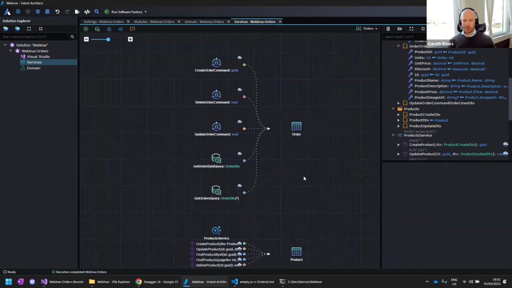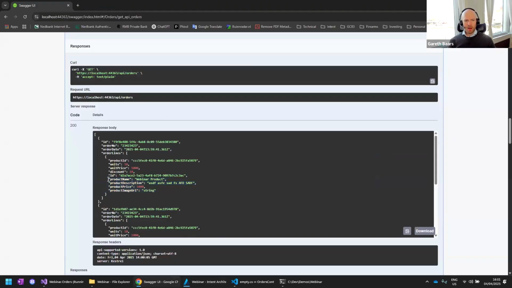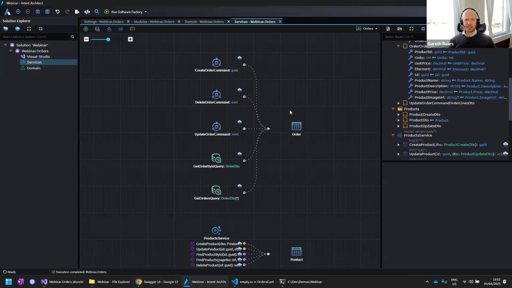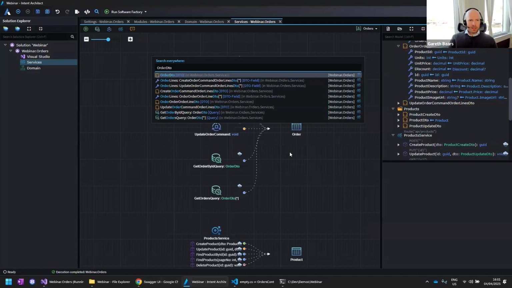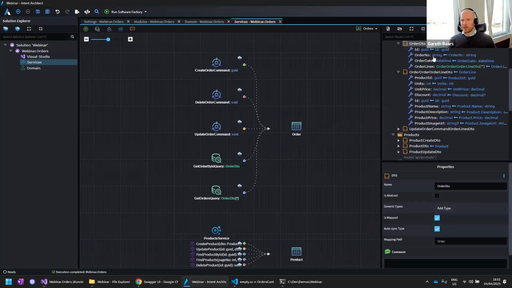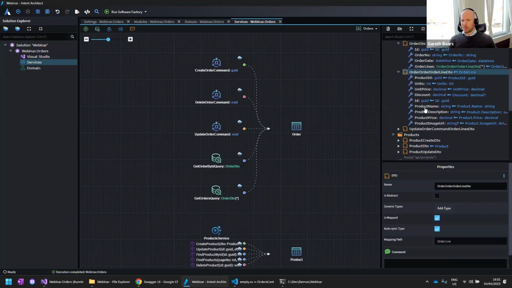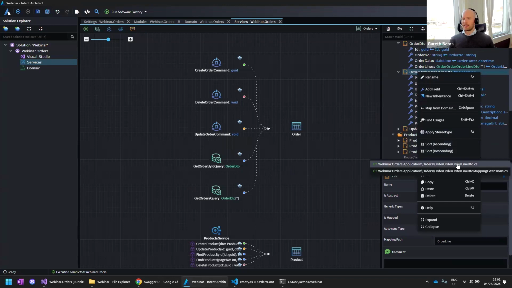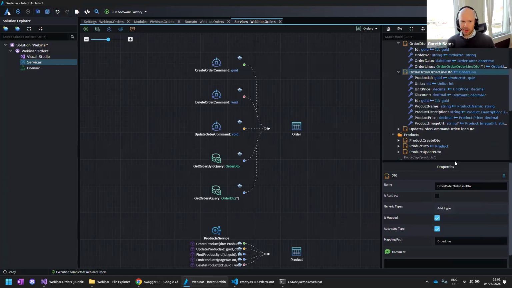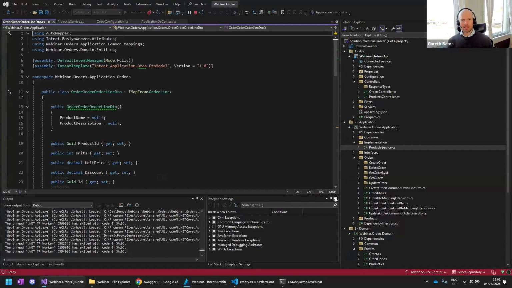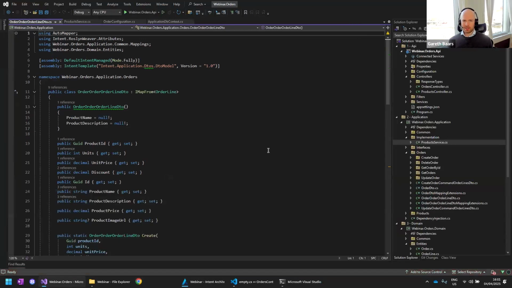And so we may be curious how this actually works inside of the code. If I search for the order, let's look for that order DTO. On this order DTO, you can see the order line, and on that order line we can see where we did all of that work. I can go to Open in IDE and click on the DTO itself. We're still running the app here, so let's just shut that down.